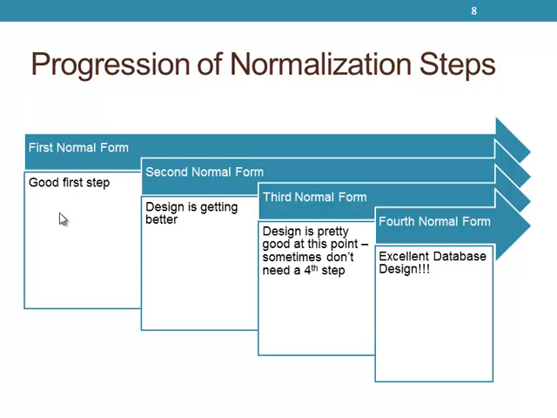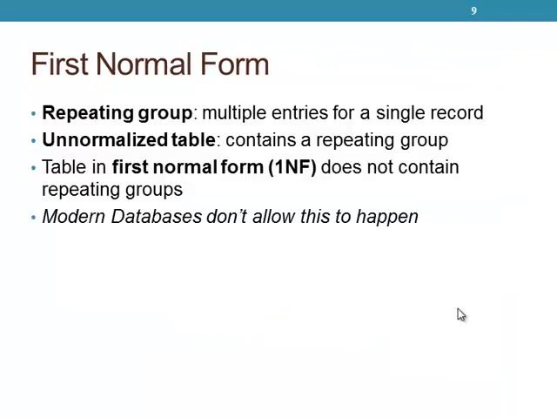So we're going through this process. First normal form, we're starting. We're just getting a little better. Then we get better. Third normal form, some databases are done at this point. You don't have to go any farther. It's taken care of all of the problems by this point. But if you go through the fourth normal form and have to correct some design issues from the third normal form, then you're in good shape. You've got a good design.